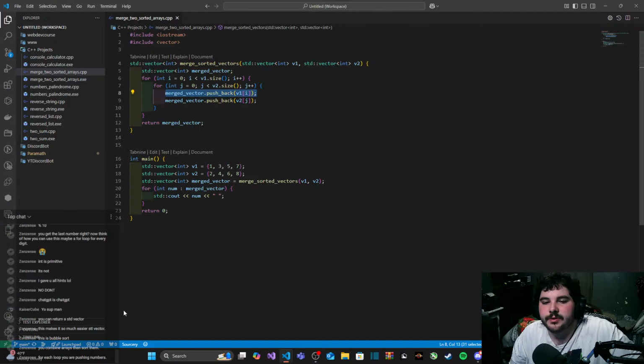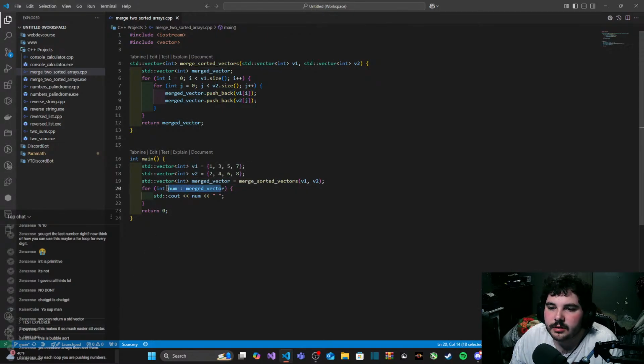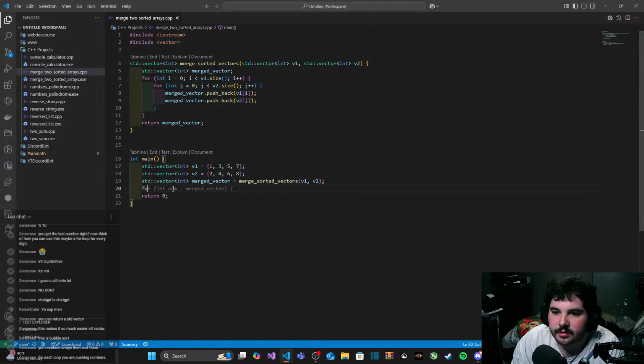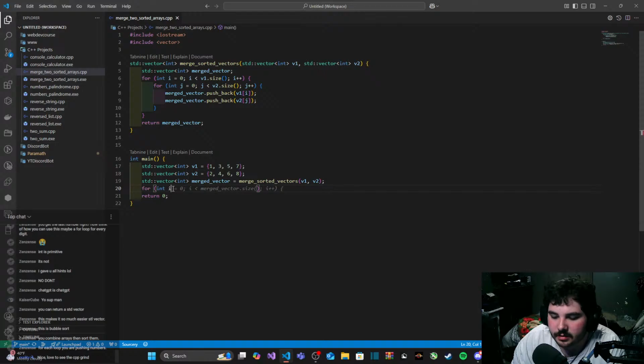For each loop, you are pushing numbers. Hold on, let me remove that real quick. Something tells me there's a problem here. Nice. Love to see the CPP grind. Thank you. Trying to get better at it, slowly but surely.